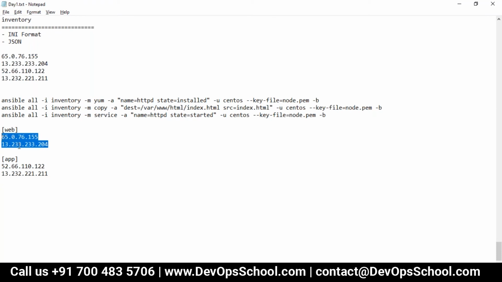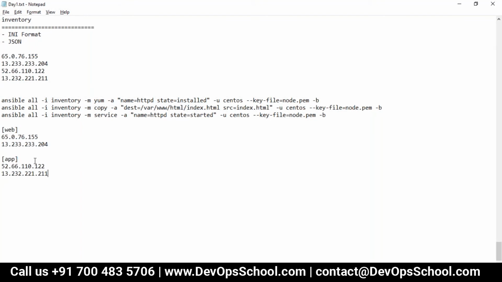Just imagine. Here I have a group. What is a group? Web group. What is a group? All group. Whereas all is the app group. The all means it's a default group set by Ansible. There are two groups set by the Ansible default in the inventory. One is a group, one is ungrouped. I have not used ungrouped ever, but most of the time we use all, or this custom group. This is the custom group. So this is the group.